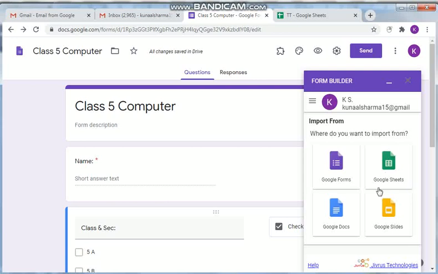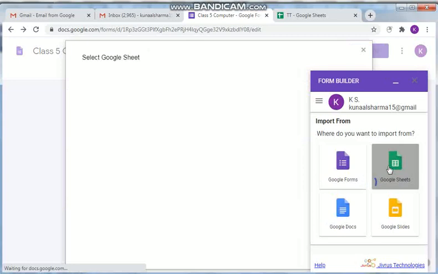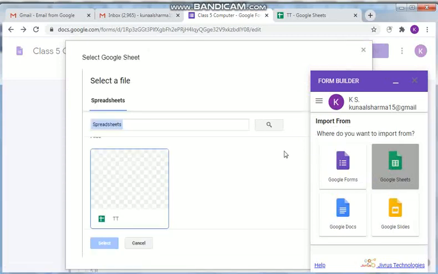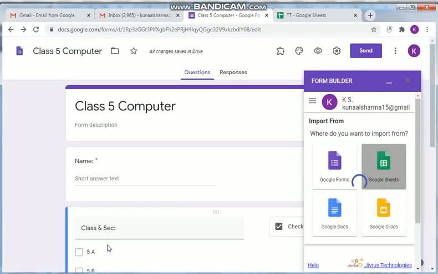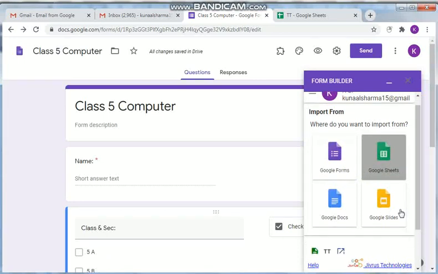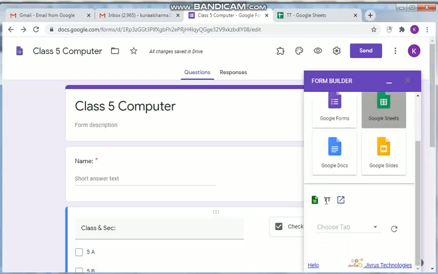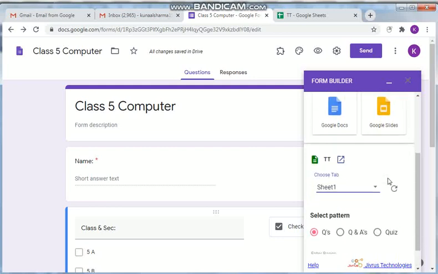Now from where we want to import, I have already copied in my Google Sheets, so I'll click on import from Google Sheets. Your Google Sheet will open. Now I gave the name TT, so click on this TT option and select. Then come down here, see the TT, you can see the name here. Choose the tab, so I'll choose sheet 1 because the questions are in sheet 1.